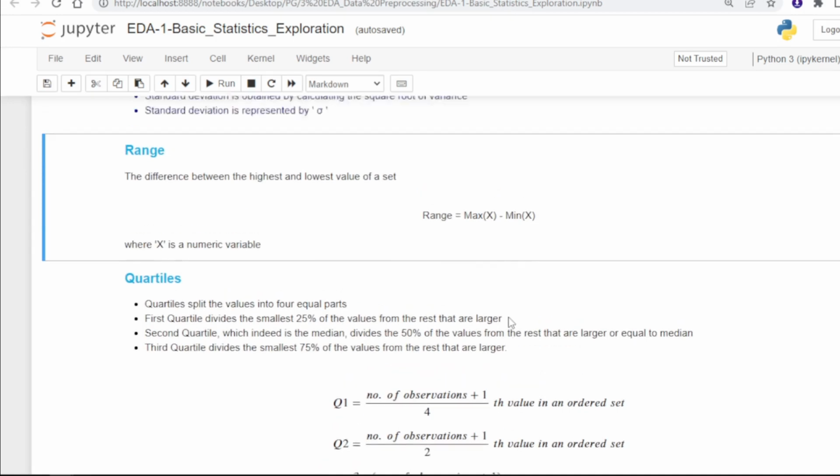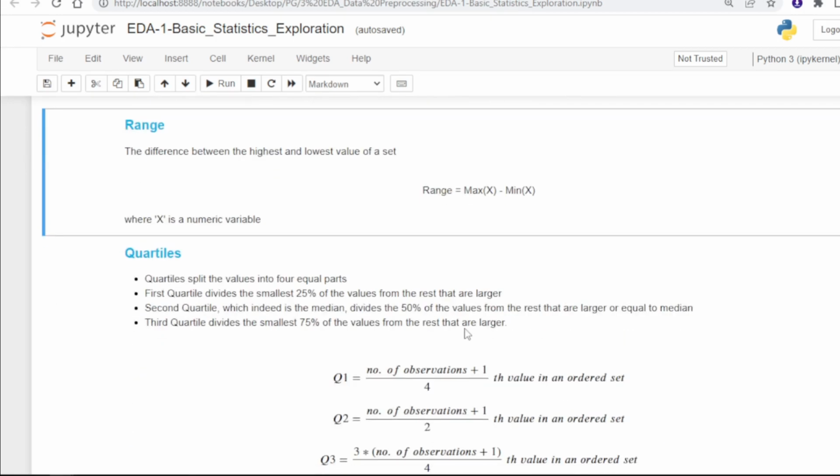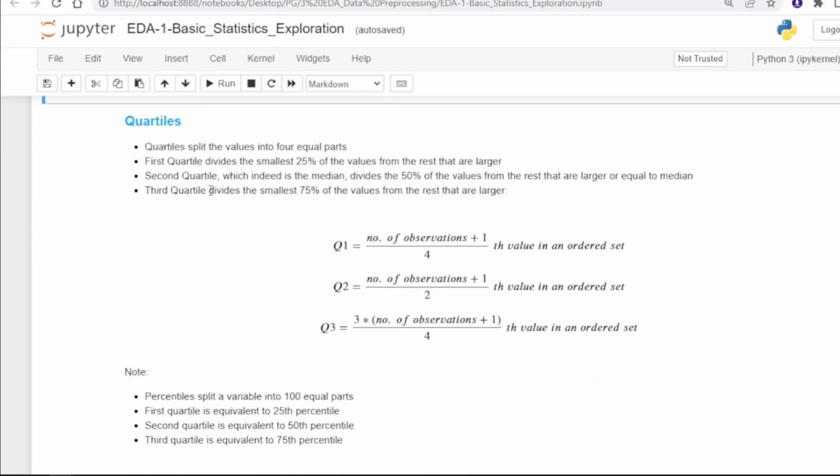And the other thing we have is the quartile. Quartiles split the values into 4 equal parts. The first quartile divides the smallest 25% of the values from the rest.